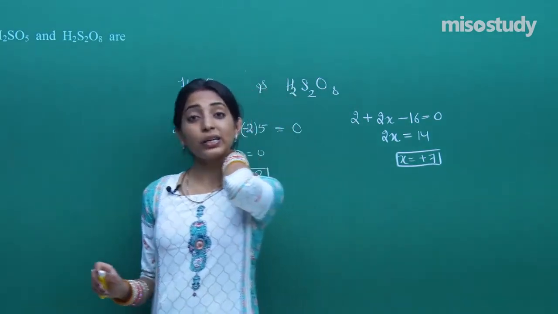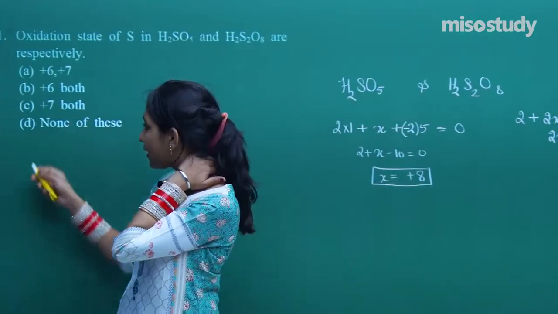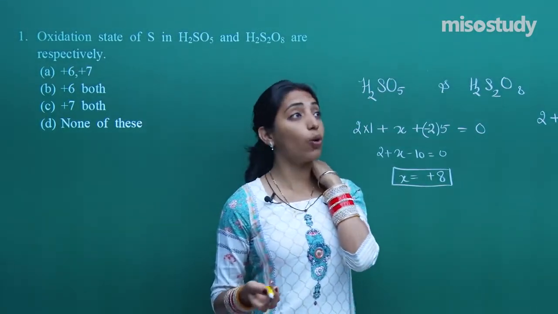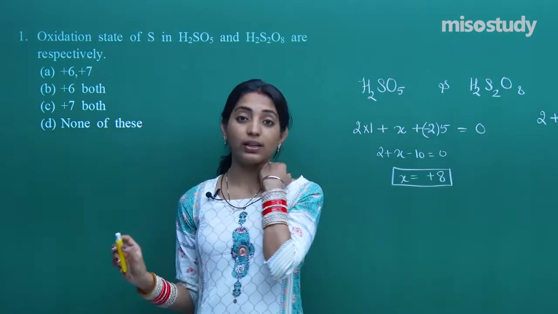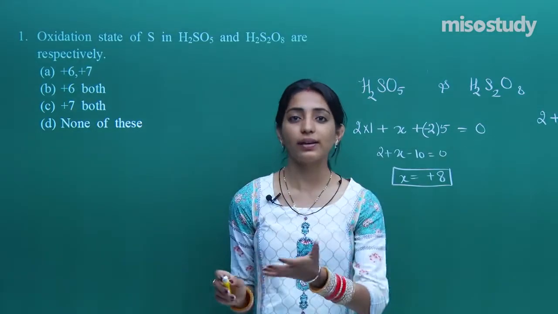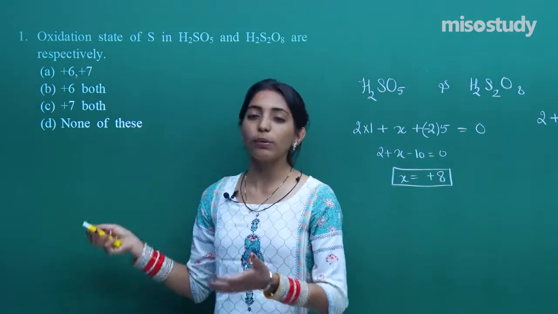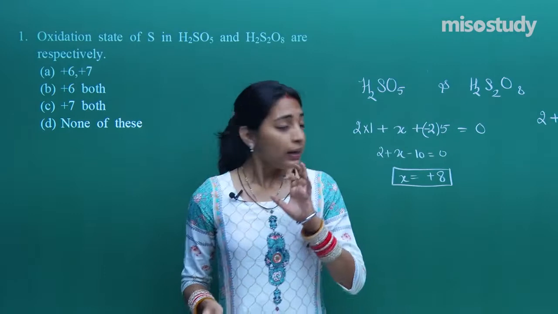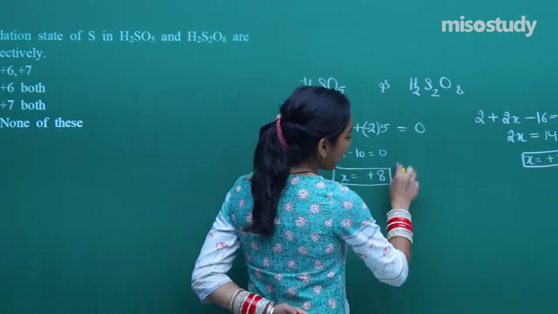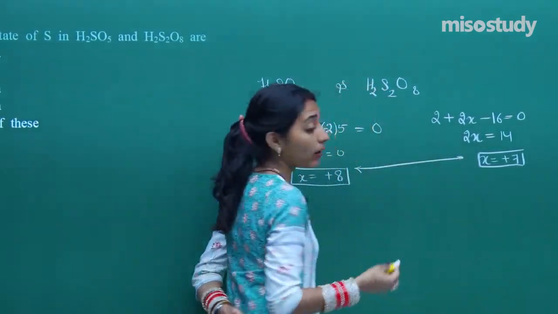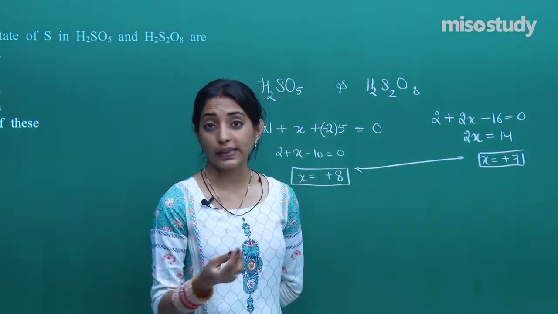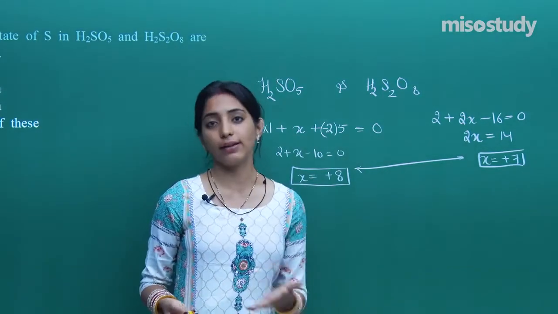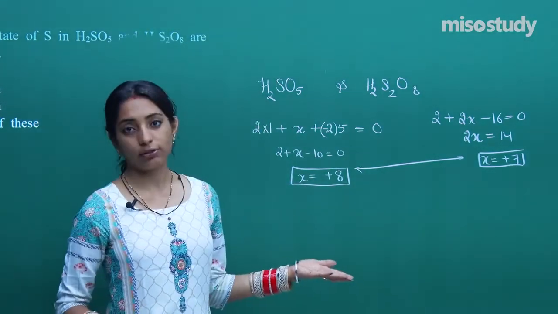So as you can see, plus 8 is not there, so you might be confused, but then there is this option, none of these. So you might be thinking, oh, none of these is there, so maybe D is the correct option, right? And rarely we get none of these as the answer, so you may be marking D as the correct option. But guys, before you mark the answer, let me first tell you the oxidation state. These are the ones that you calculated theoretically. They are not the correct oxidation state. These are just which you got by calculation. So these are calculative oxidation state.